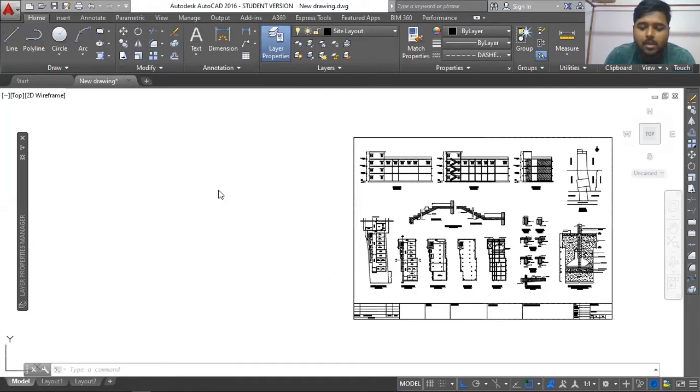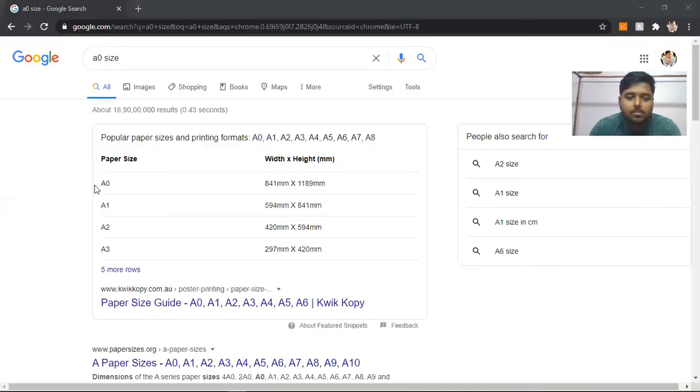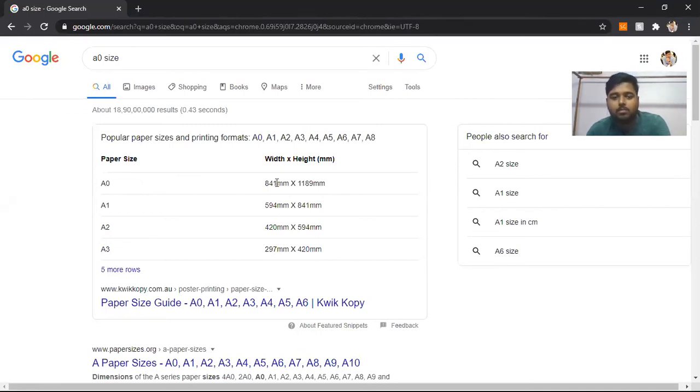Let me just check once. A0 sheet dimensions. You should also know these particular dimensions actually. See, you can note these things because you need to remember them. You can also note them down, or you can get them from Google, the standard international paper sizes. Basically, A4 is the one we already know, we already know what an A4 size paper looks like.